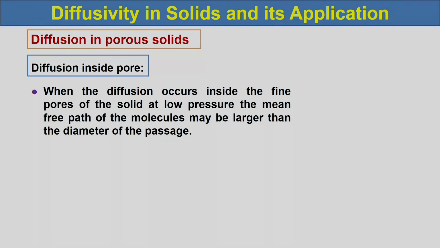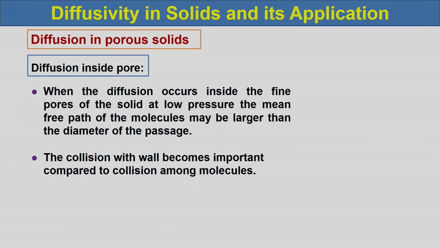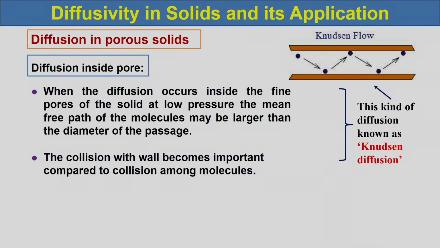When the diffusion occurs inside the fine pores of the solid at low pressure, the mean free path of the molecules may be larger than the diameter of the passage. The collision with the wall becomes important in this case compared to the collision among the molecules. This kind of diffusion is known as the Knudsen diffusion, and you can see the solute molecules pass through the